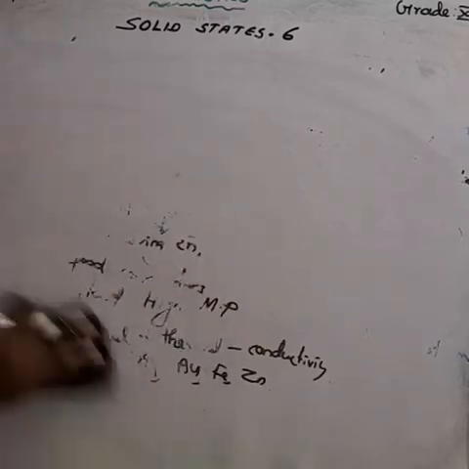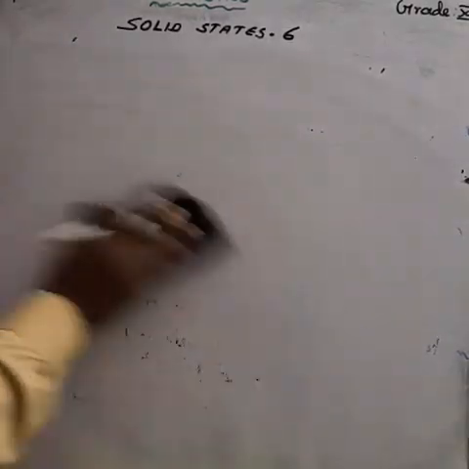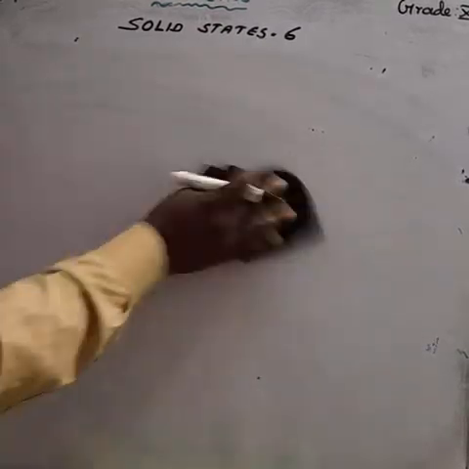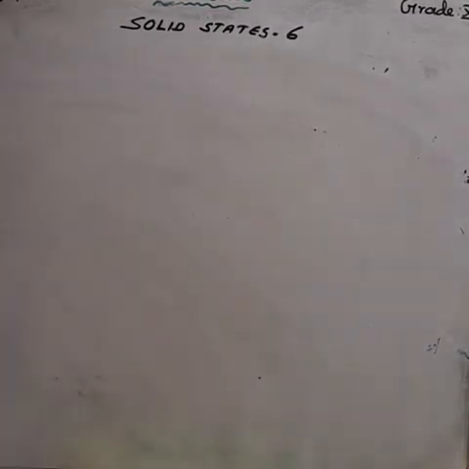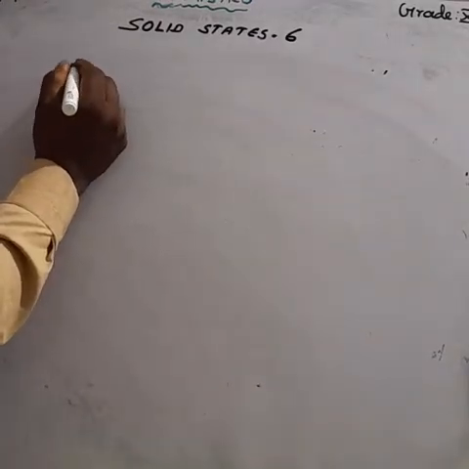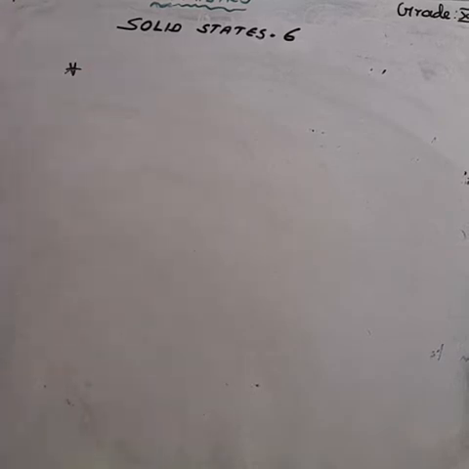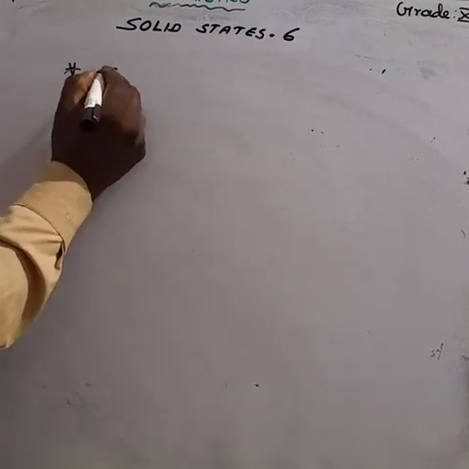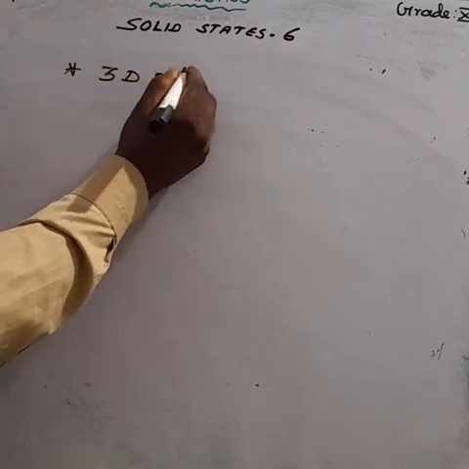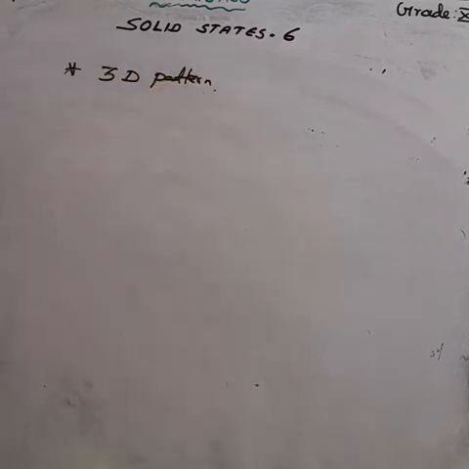Next, we can discuss crystal lattice and unit cell. A crystalline solid is characterized by a definite orientation of atoms, ions, or molecules. These atoms or molecules join to one another in the form of a three-dimensional pattern. Maybe in the x-axis, maybe in the y-axis, or maybe in the z-axis.